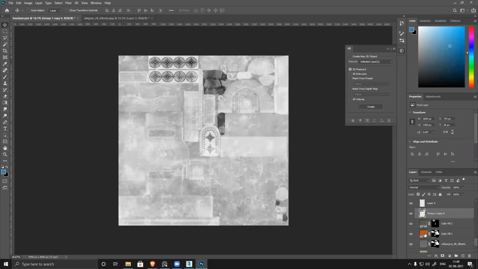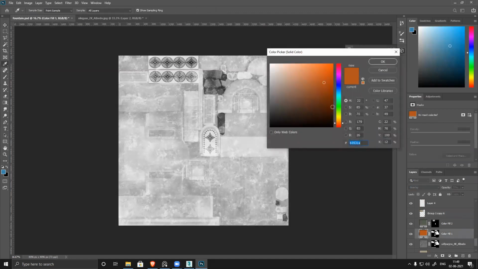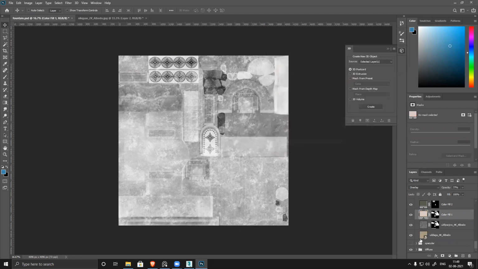Their base is matte. And suppose this, I want to make it a little shiny. This orange color I want to make a little shiny. And this base, I want to make really matte. But it's too shiny.